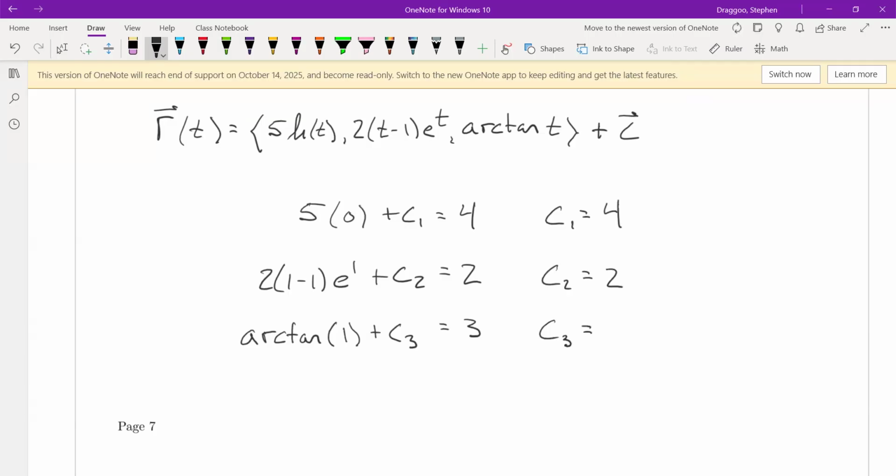You recall some stuff about how those inverse trig functions work. That arctangent of 1 part is effectively asking us at what angle is tangent equal to 1. So think back to your unit circle, tangent's y over x. I want the angle where y and x are equal to each other,